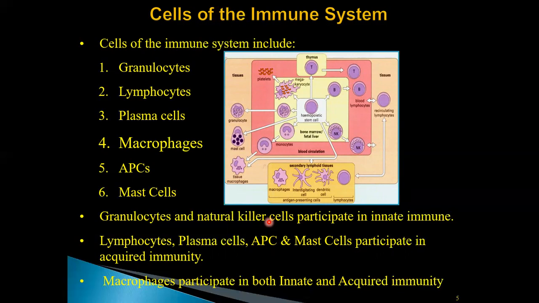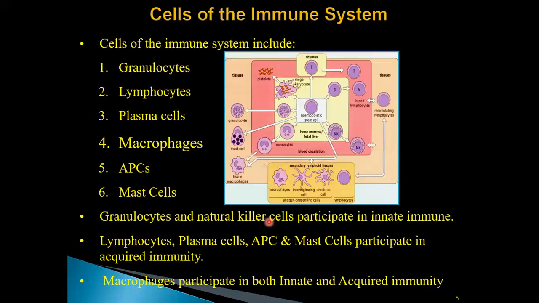Then natural killer cells, which are a kind of lymphocytes, but they are bigger cells, therefore they are known as natural killer cells or large granular lymphocytes, plus the macrophages. These all cells are part of the innate immune system or the natural immune system or the